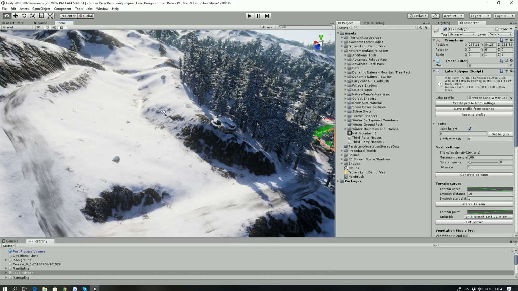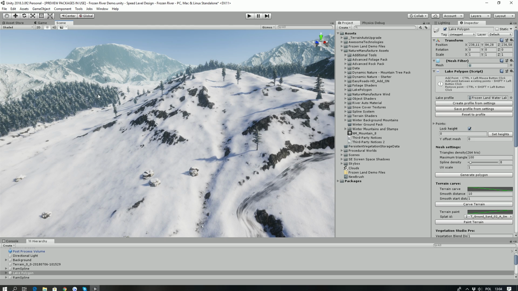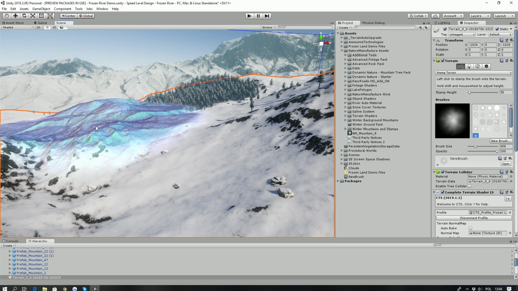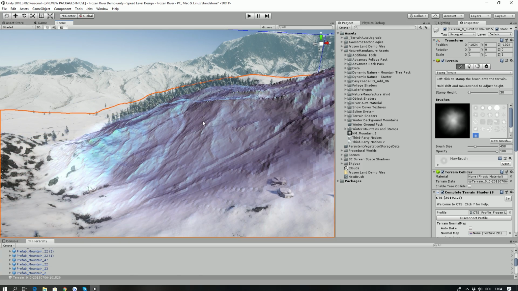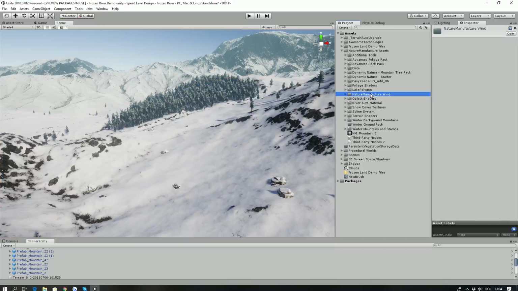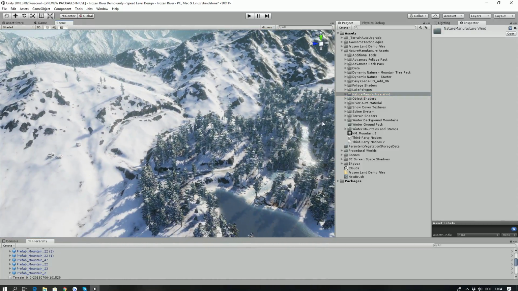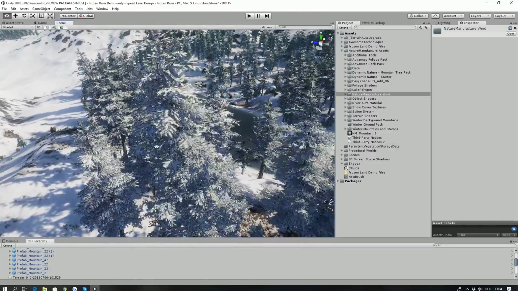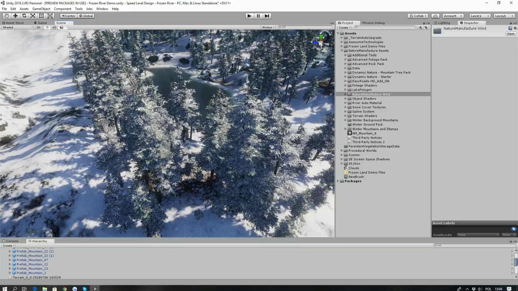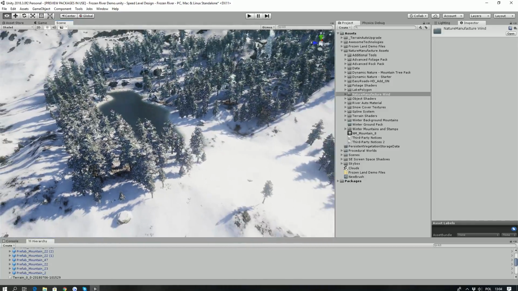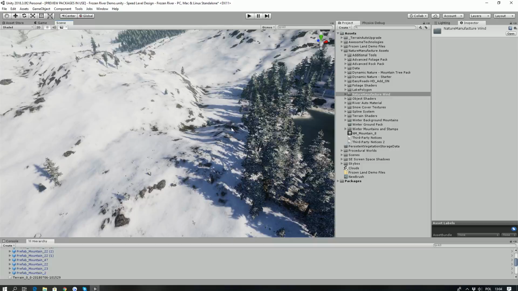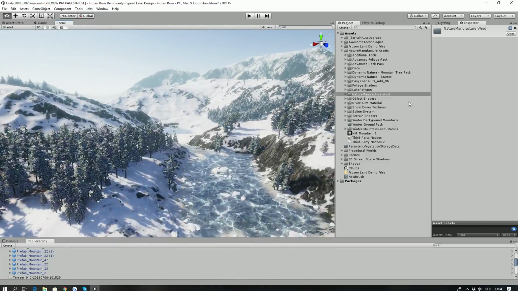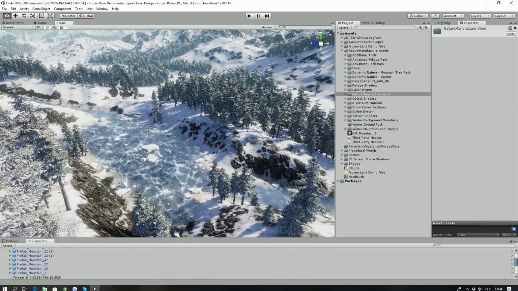There is also the Winter Mountains and Stamps Pack, which was used to put background mountains and terrain stamps on our terrain surface. Okay, seems it's all assets. Oh no, there's also the Mountain Tree Pack, Dynamic Nature. We use it to get nice trees covered by snow. There are also textures and masks which we built especially for this tutorial,